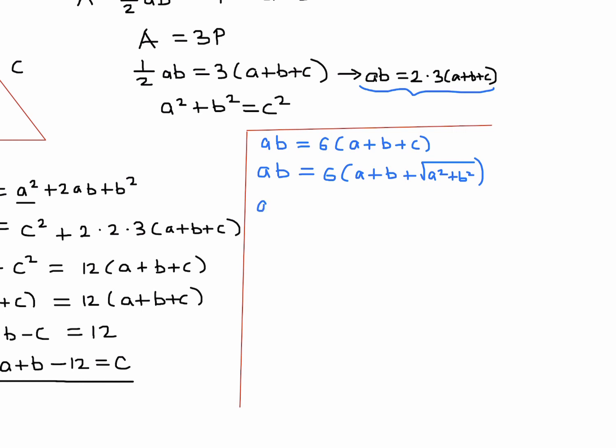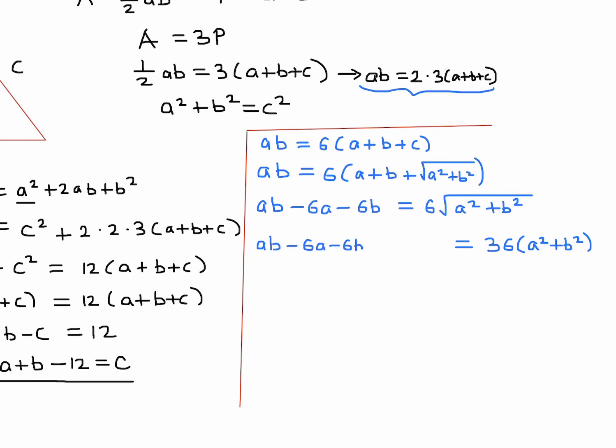Now let's bring everything over. AB minus 6A minus 6B. And this leaves me with just 6 times the square root of A squared plus B squared on this side. And then definitely get rid of this radical, square both sides. 36 times A squared plus B squared, like that. If you square that side, you get AB minus 6A minus 6B times AB minus 6A minus 6B, like this. Okay, expanding this